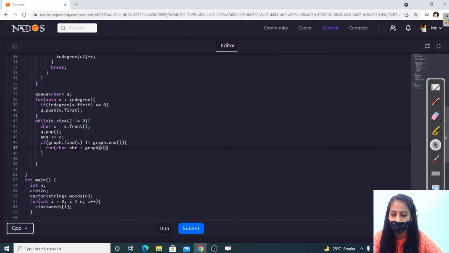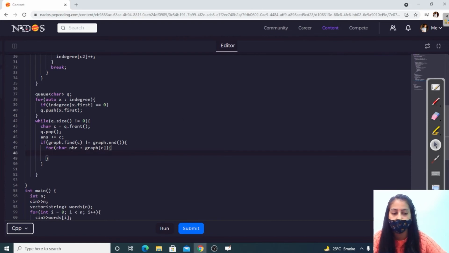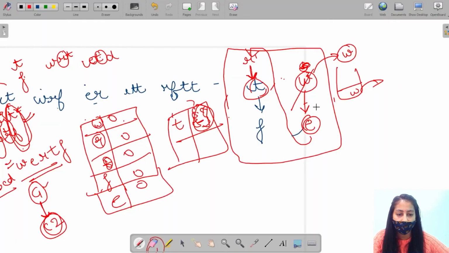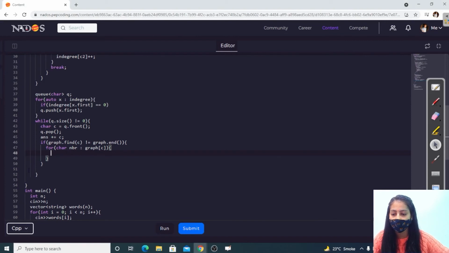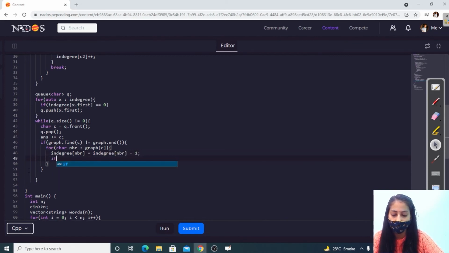So graph of C. Now we remove this. Now the in degree of this should be 0, right? Now if the in degree is 0, the next character to be added in our answer is this, right? So we will firstly decrease the in degree of neighbor, and check if now it becomes 0.